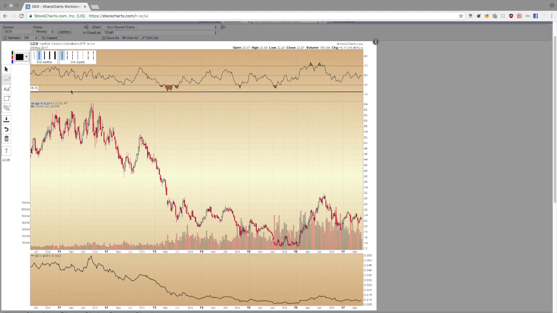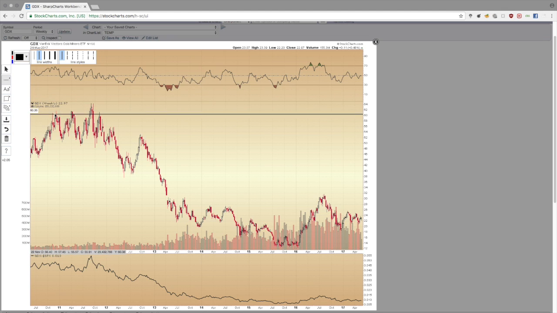So let's go back to the highs here from 2010 and 2011. We can see, for example, this peak right here in 2010. So let's put this horizontal line right at that peak in 2010. And we'll let it go, and we'll drop it right there. Now, what can we notice here? This peak in 2010, notice that the gold and silver miners could not exceed this level right just below 62. And they came back down to the 50 level, tried to reach this again. Okay. Then you had this move where they exceeded the 62 level for just about a week or two and then closed back below that.